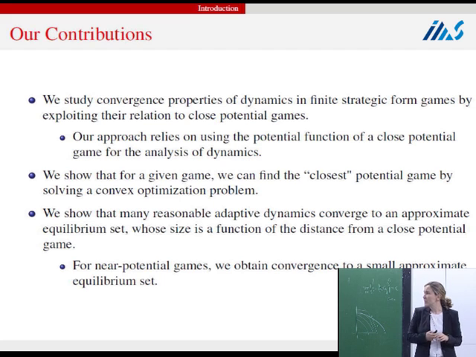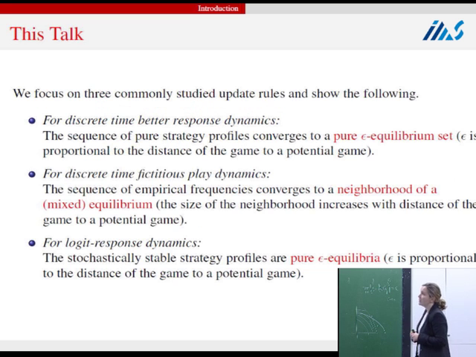And we will show that many reasonable adaptive dynamics converge to approximate equilibrium sets, where the size of this set is a function of the distance from a closed potential game. The immediate implication is that if the game is near potential, then we will obtain convergence to a small approximate equilibrium set. More specifically, in this talk especially, I will focus on 3 commonly studied update rules and establish